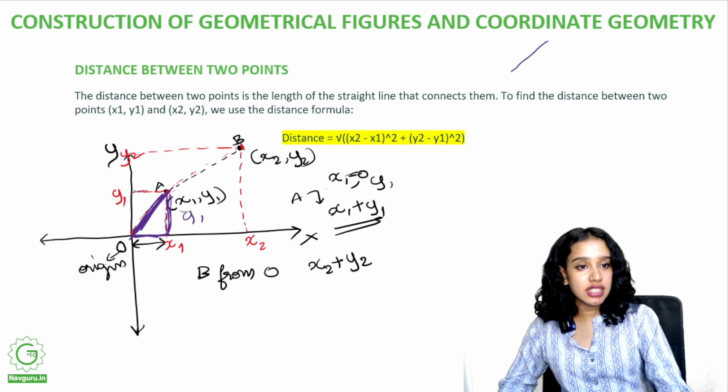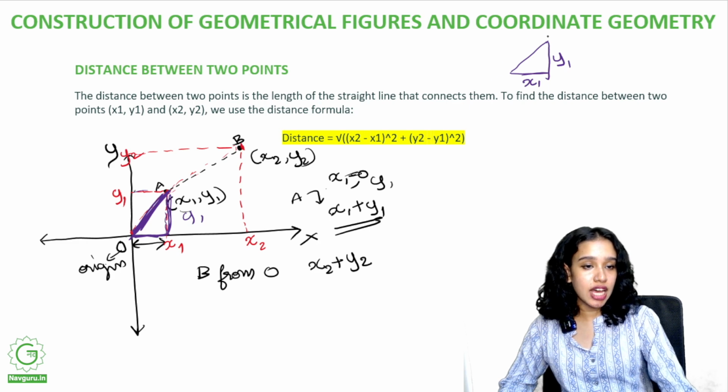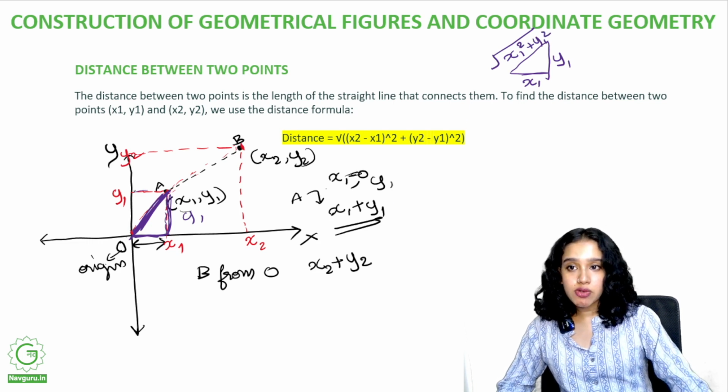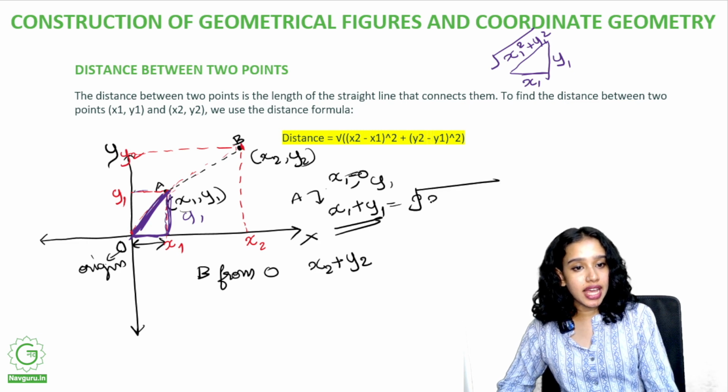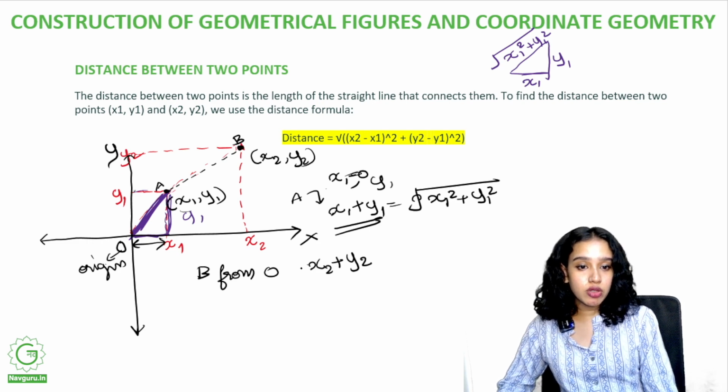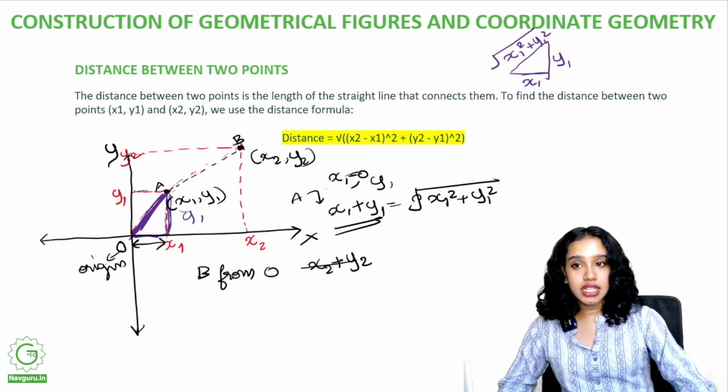We get a right angle triangle. This would be x1, this would be y1. So what is the hypotenuse? It would be root of x1 square plus y1 square, right? So distance from origin to A would be root of x1 square plus y1 square according to Pythagoras theorem, right? So B from A would not be x2 plus y2. Instead, we have